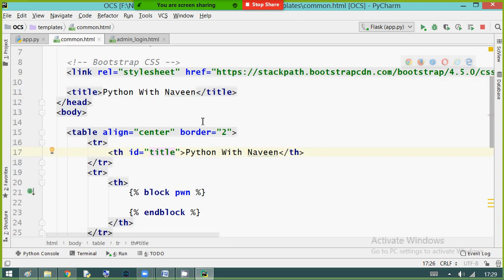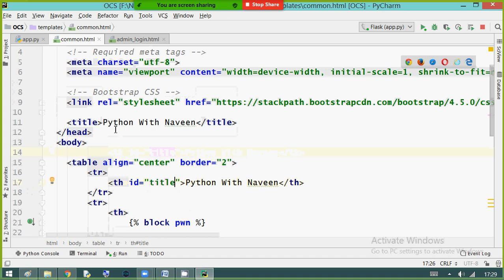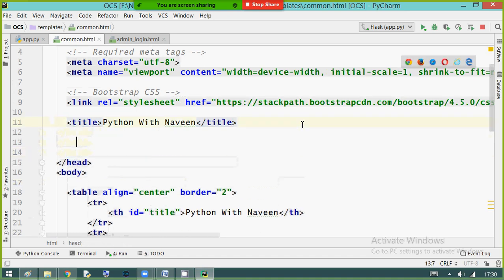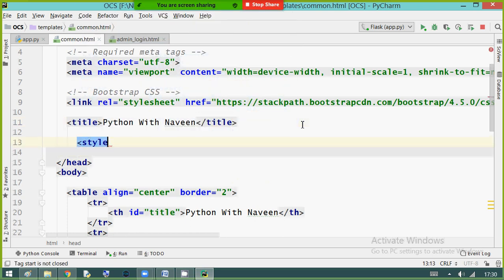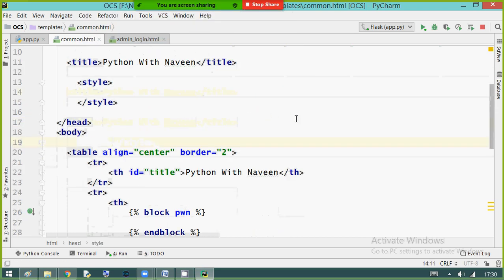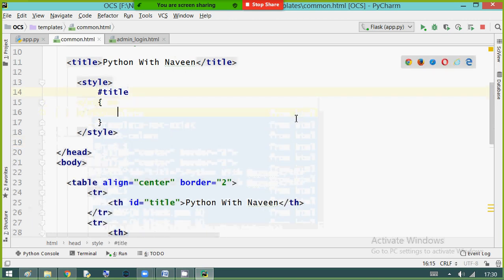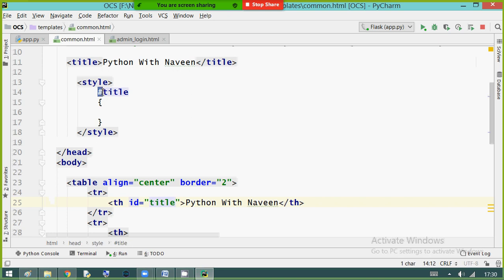Now I'm going to write my CSS code inside the head part, after the title. For CSS I'm using style, open and close. Now for ID we use hash; for class we use dot. So ID title. Now design.